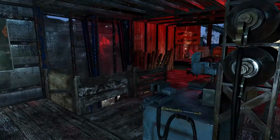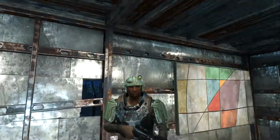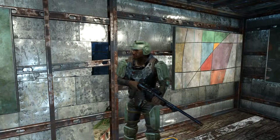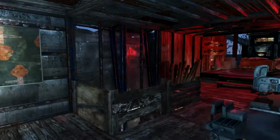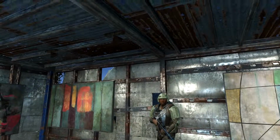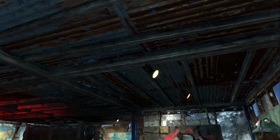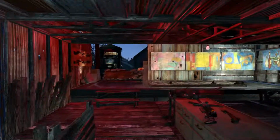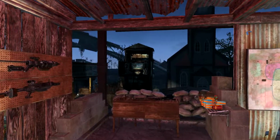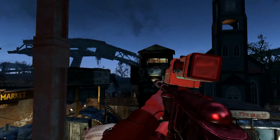There's a weapon crafting station where you can work on your own weapon, while the owner maintains his own. Got a range safety officer here just to kind of keep you in line if you look like you might be getting ready to try something stupid with one of your rented guns. There was a painting back here, but there's a track light for it and everything. But really, what the owner's been doing with these paintings and what that 25 caps is really for is to come over here so that you can take some pot shots